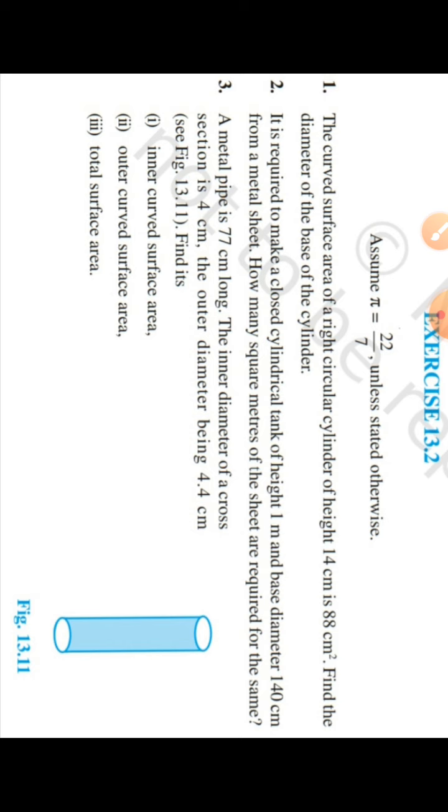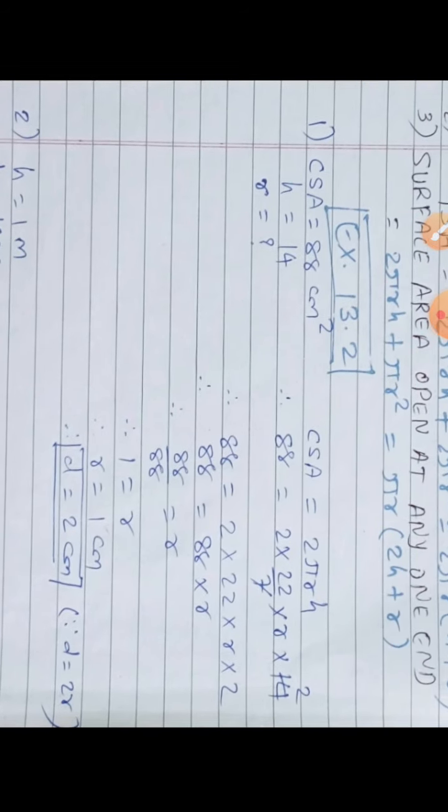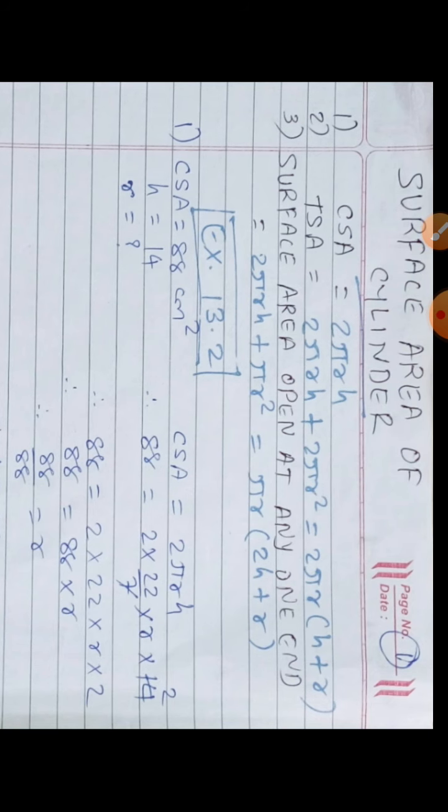Now, before going to a particular question, first of all understand these three things. We already went through them in the table of all formulas together. Today we discuss only the surface area of the cylinder. So there are three formulas written. First, CSA, curved surface area or lateral surface area, is equal to 2 pi r h, means circumference into h. 2 pi r means circumference and h means height. So 2 pi r h is very important and this is the only formula you have to remember.